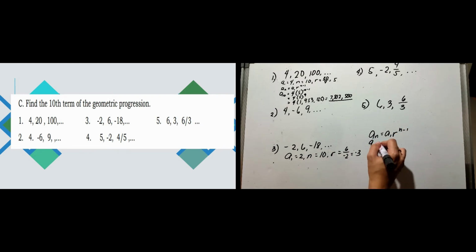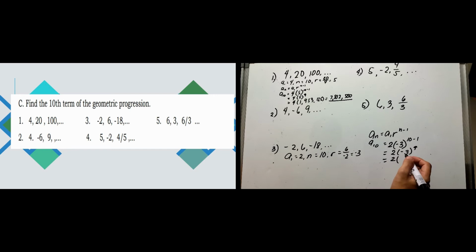So a sub 10 is equal to the first term, that is 2, times the common ratio, negative 3, raised to the number of terms, 10 minus 1, which is 9. Negative 3 to the 9th power